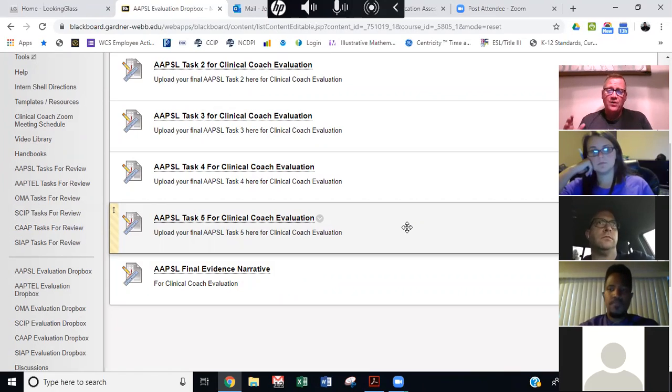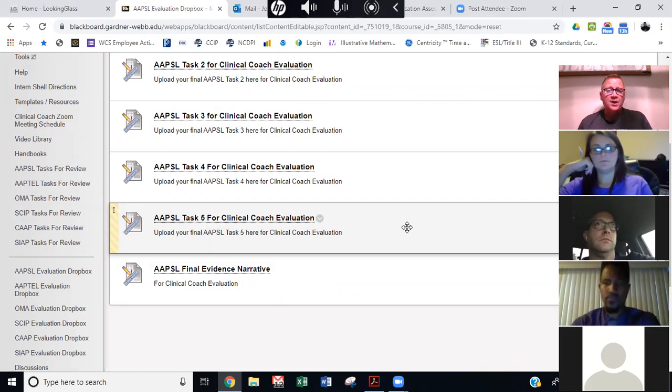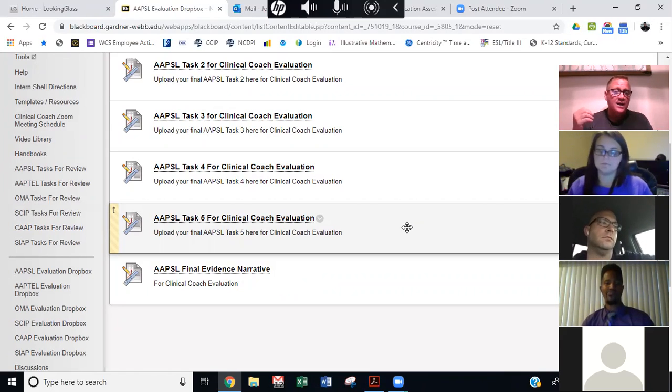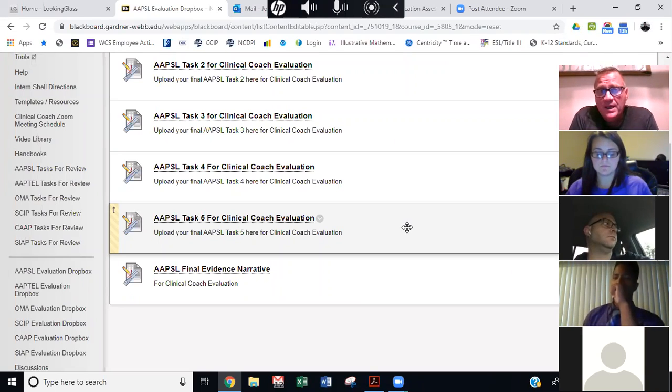But once you have all those individual tasks completed, you combine them into one whole document with one cover page, one reference, one appendix. It's as if you wrote a novel and you have a chapter 1, chapter 2, chapter 3, chapter 4, chapter 5. Those are the specific parts of the novel, but it is one whole document. So you'll do that.